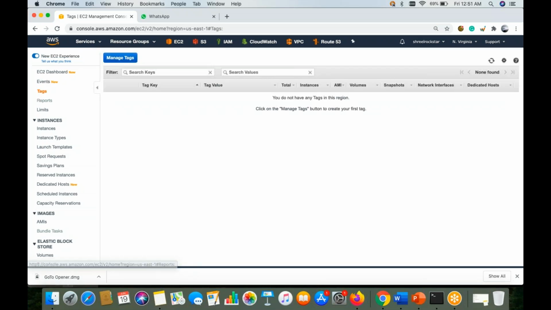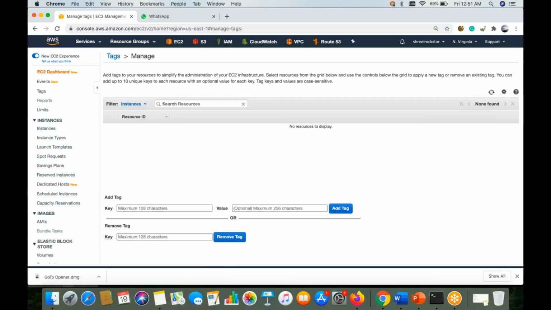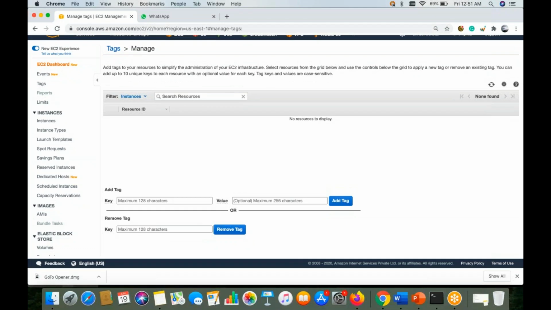Then there are tags available, guys. Tags are a way of identification. This is a very good practice. Even if I'm dealing with a POC environment, a lab environment, production, QA or UAT, just try to give a proper naming convention.